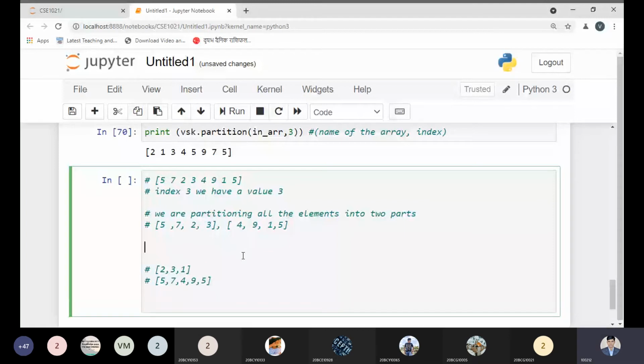The value which is less than 3 should be on the left of the index value. Just let me write. On index 3, we have value 3, and values less than 3 will come to the left side.